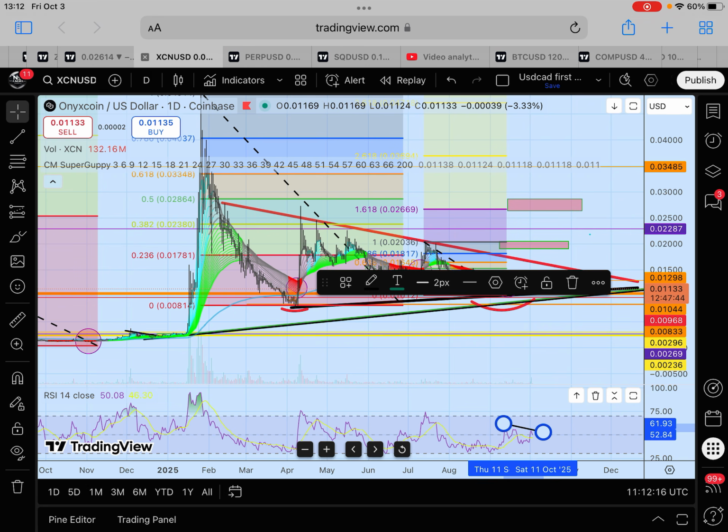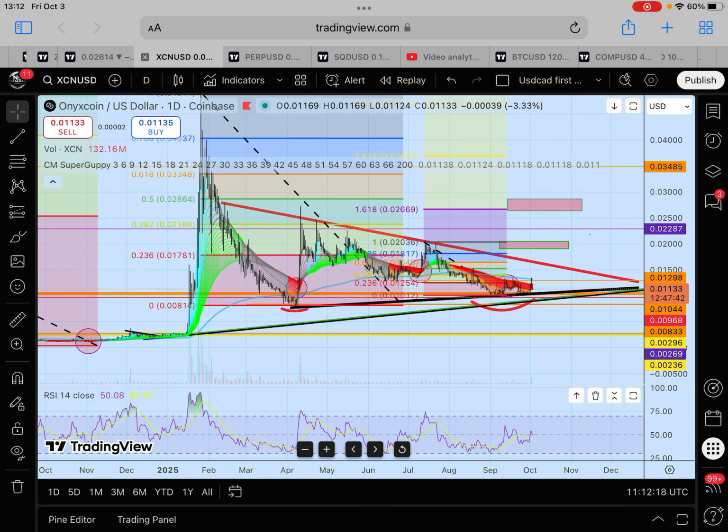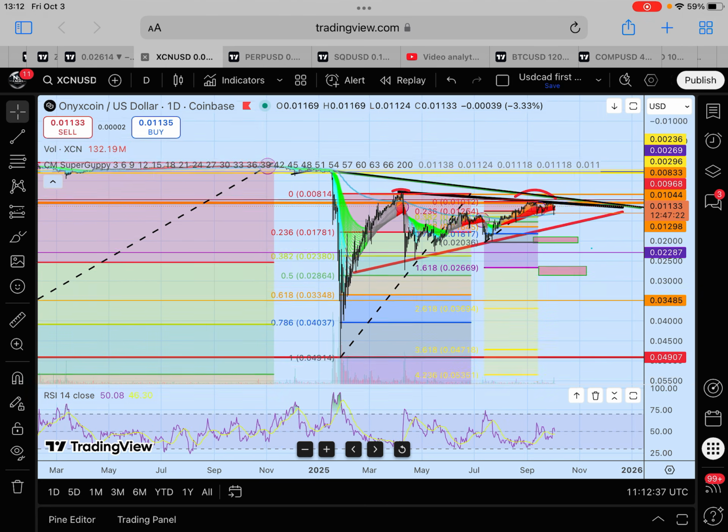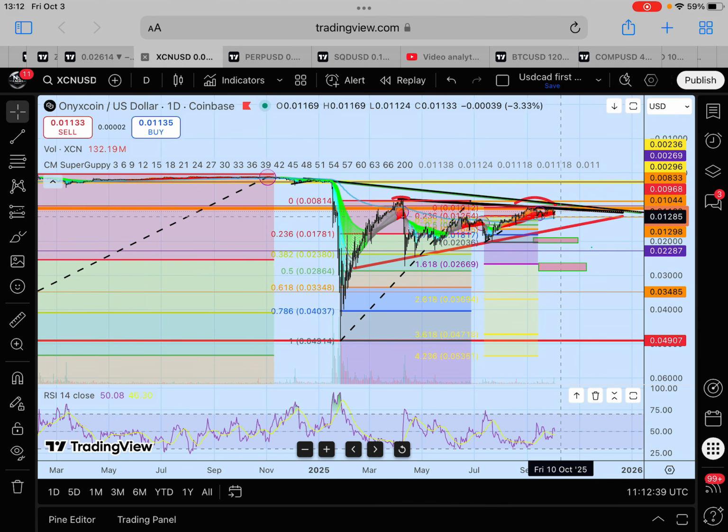It's not necessarily the most important line to be crossing. Just keep in mind that it is healthy down here. We need a little bit more volume. As volume is picking up, price is increasing. That is not divergence, but it is showing that we are bottoming out. We're potentially going to start this reversal. I really like to look at this on an inverted scale, and you can see that this black upward trend line is getting stronger,